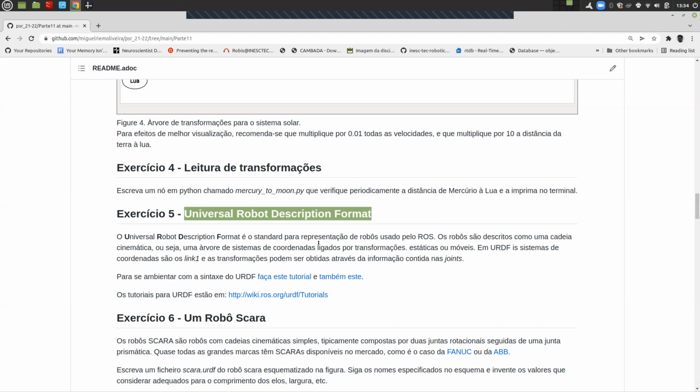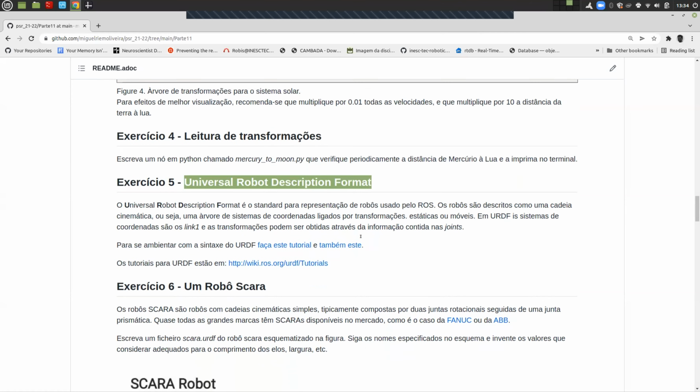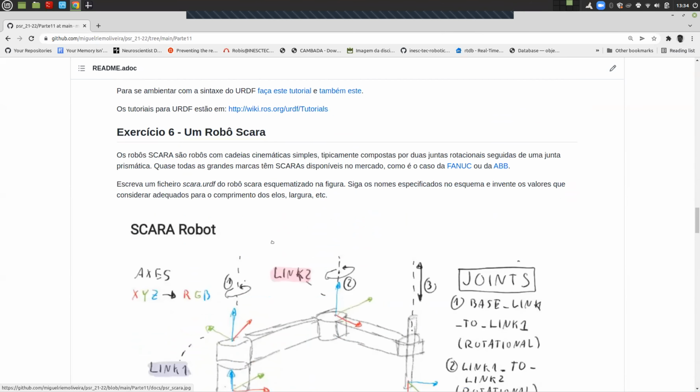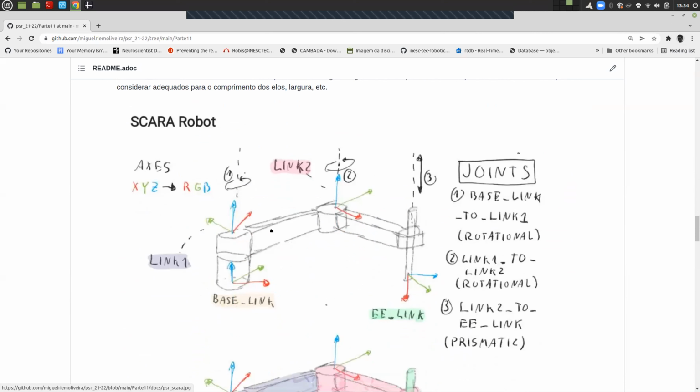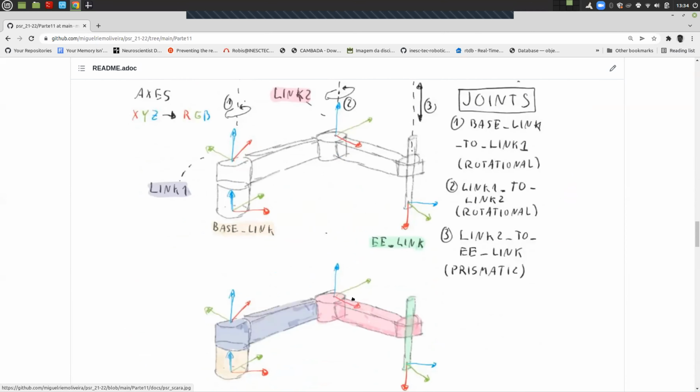So the idea is that we start developing our own robot description. Robot description is done in Urdf format, which stands for Universal Robot Description Format. And we are going to try to do a SCARA robot. A SCARA robot is a robot with 3 degrees of freedom, 2 rotational, and 1 prismatic joint on the vertical axis, okay? So the idea is that we do something like this